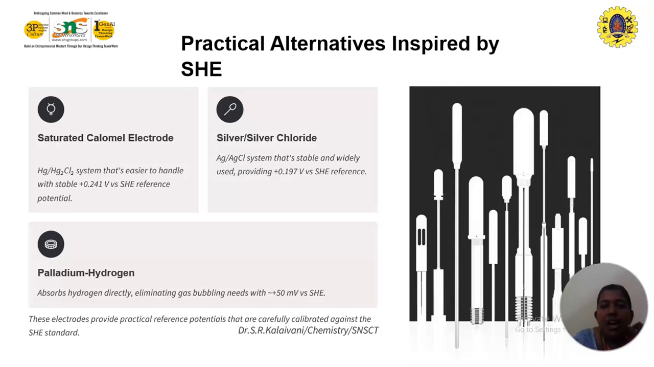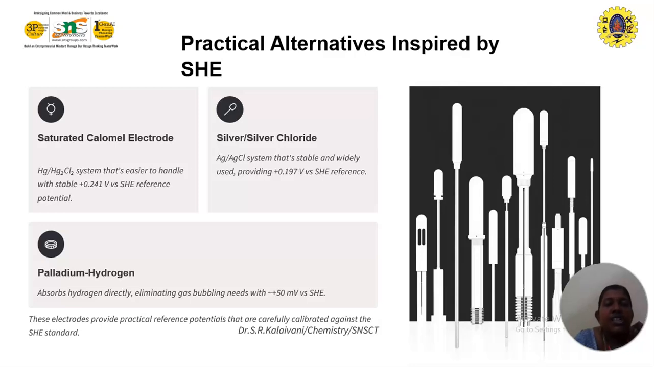Then practical alternatives inspired by SHE. Saturated calomel electrode. This is an example of a secondary reference electrode. SHE acts as a primary reference, and SCE acts as a secondary reference electrode. Then secondary reference electrode example, the calomel electrode is represented by the mercury/mercurous chloride system that is easier to handle, with a stable potential value of